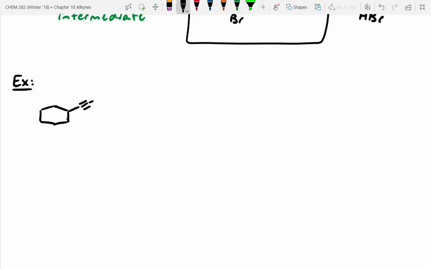Say I've got this starting material, which is phenylacetylene. I've got a triple bond on there and a proton hanging off the end. If I treat this with HBr in excess, we know we're going to favor this Markovnikov position, which is the red spot, over the blue spot, which is anti-Markovnikov, right? So the first product we're going to get